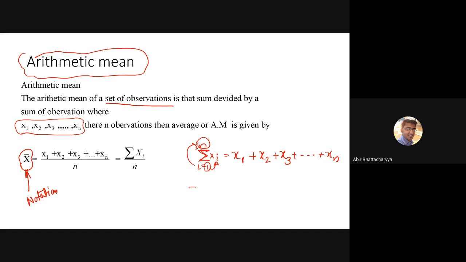Sometimes we can directly write it for convenience. People should try to understand the meaning of summation xi. Summation xi means i equals 1 to n. If you want more clarification, write i equals 1 to n. If you write in this format, it is also okay. This is just a notation, nothing else.